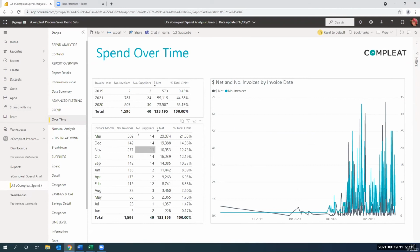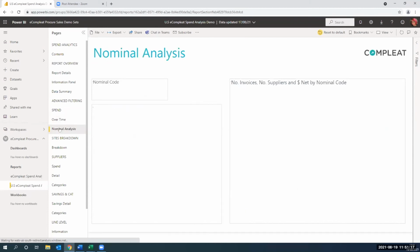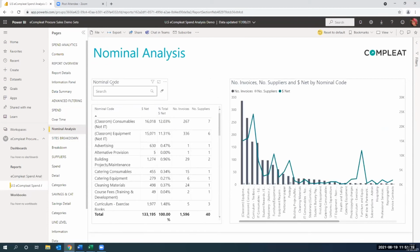So this just gives you some high level information. If I then go into the nominal analysis here, what I can now see is a breakdown of spend across their own general ledger for office solutions. So what we're doing is